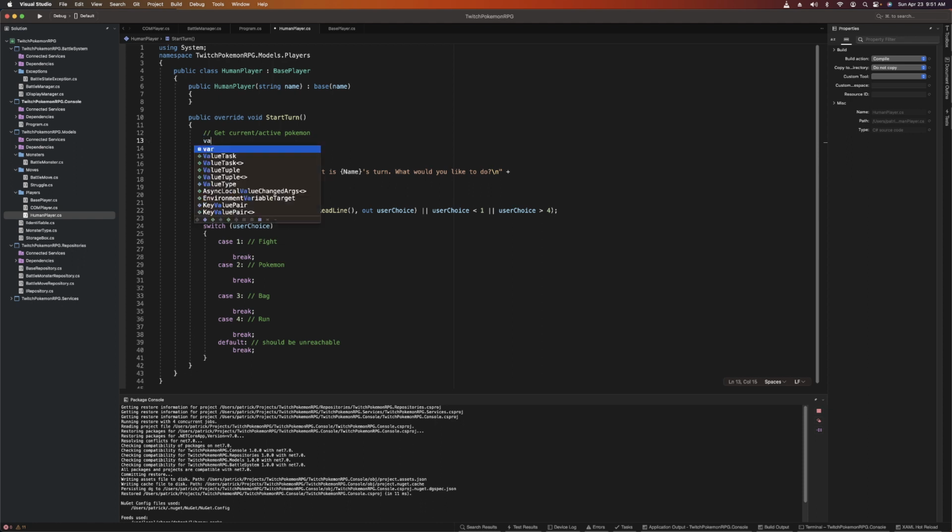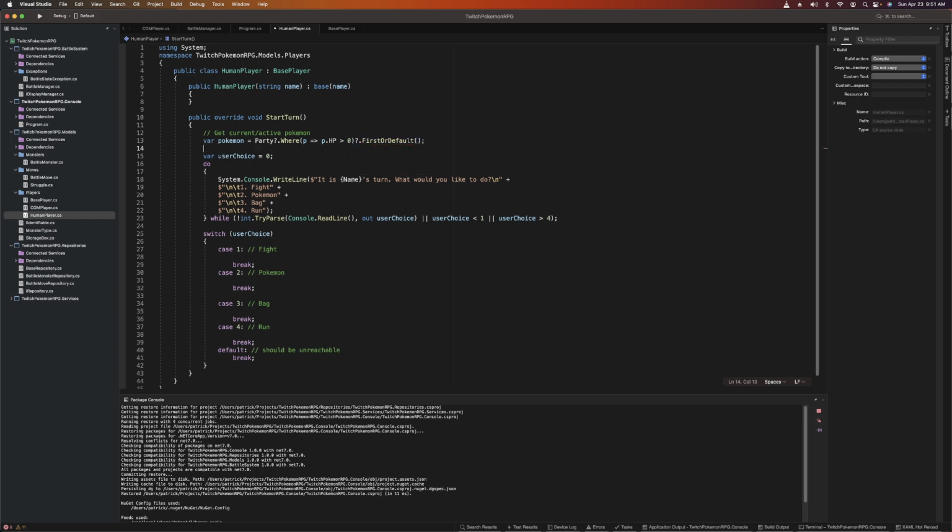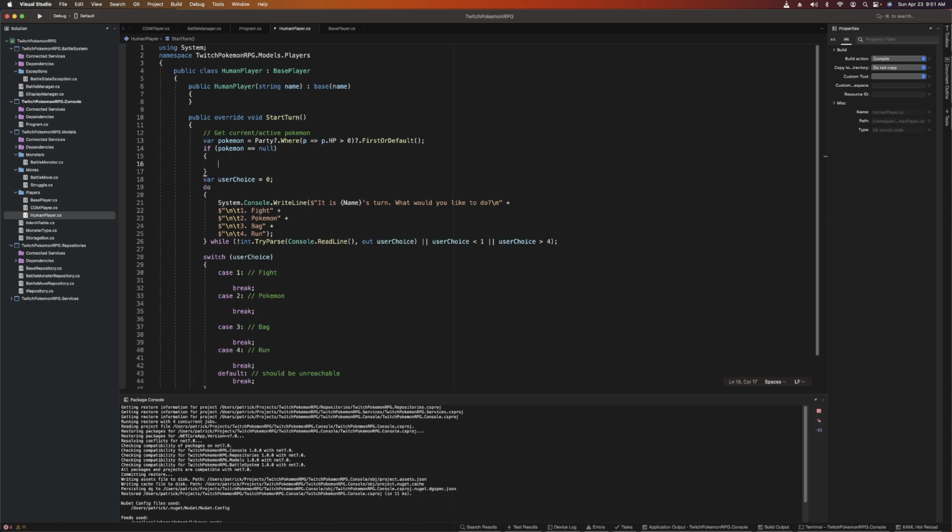That's basically the same thing: var pokemon equals, and we have a party where p.HP is greater than 0, .FirstOrDefault,